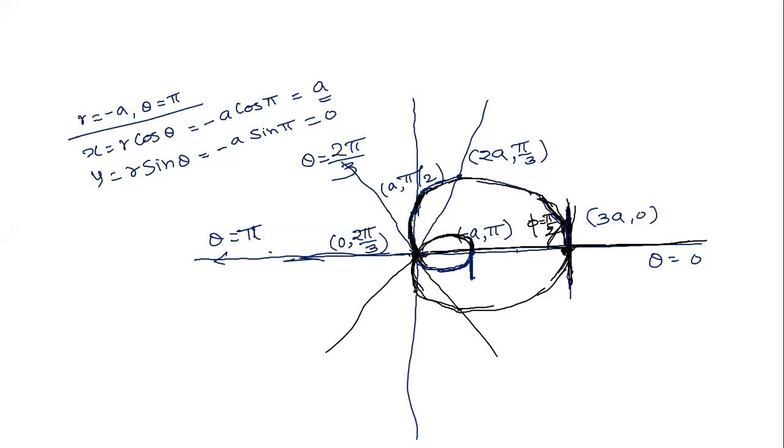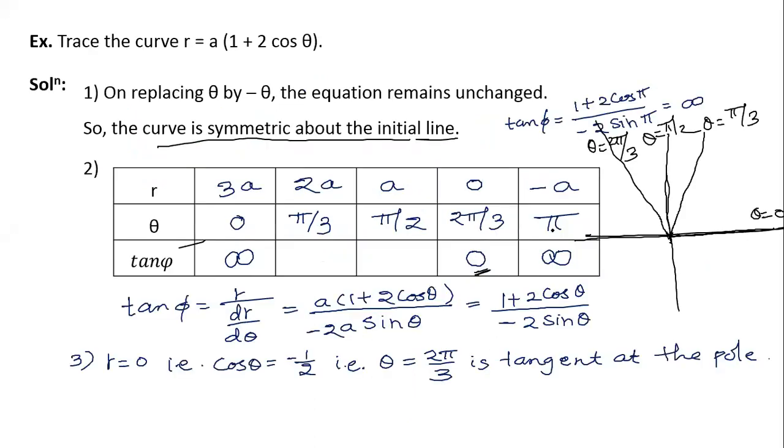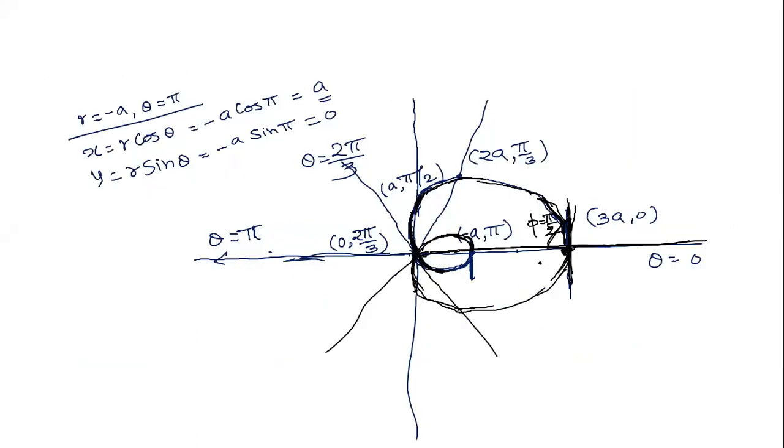So we can move further, and here again there was confusion in the last point when θ is equal to π and r equal to -a, and in that also we have found tan phi is equal to infinity. That means phi equal to 90 degrees. That means the angle between the radius vector, which is θ equal to π, going from the origin to the left side, but you can extend it to the right hand portion also, so the angle between θ equal to π and the tangent at that point is 90 degrees.